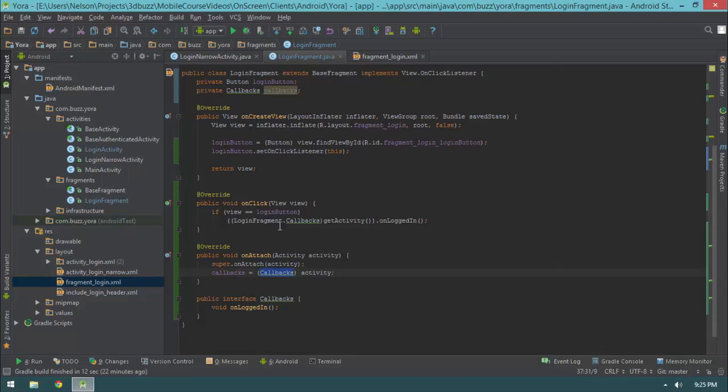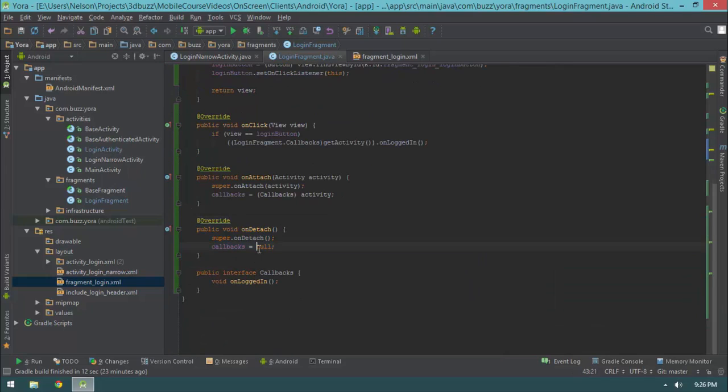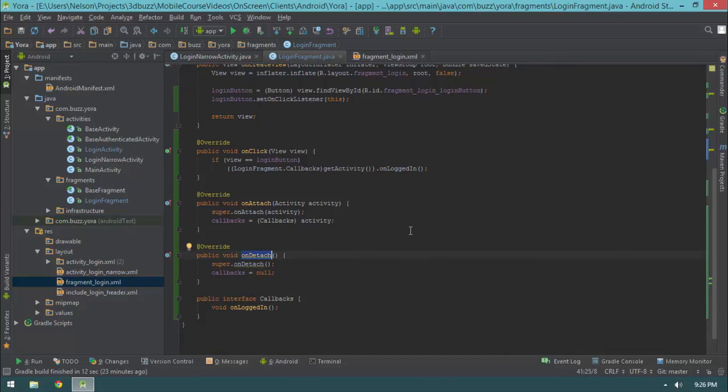Now, there's another thing that we want to handle, and that is detach. So I'm going to say override public void onDetach and super.onDetach, and then callbacks equals null. So why am I doing this? Now, you should be able to see that the onDetach method is the opposite of the onAttach method. OnDetach gets invoked when we're no longer attached to an activity. And then we set callbacks to null. That's important because